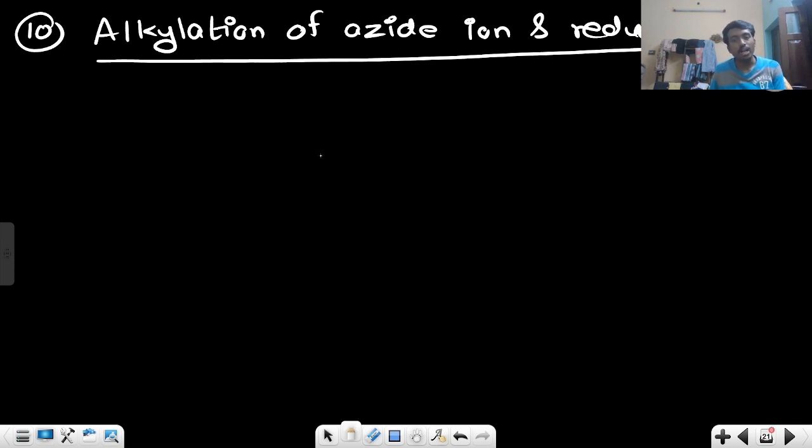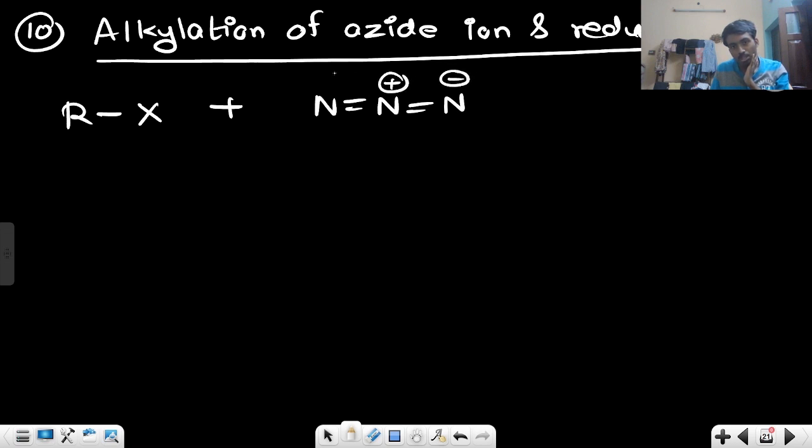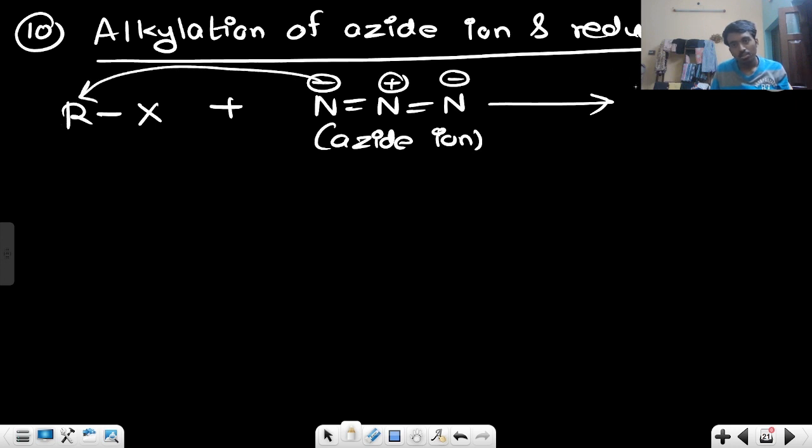Alkylation of azide ion and reduction. First you have to see what is an azide ion. RX is an alkyl halide, done. But what is an azide ion? Azide ion is basically N double bond N double bond N. Between, one is plus and both the sides minus. This is azide ion. Okay. So when azide ion is reacting, this minus attacks this guy. This minus attacks this guy. So what will form? N-R